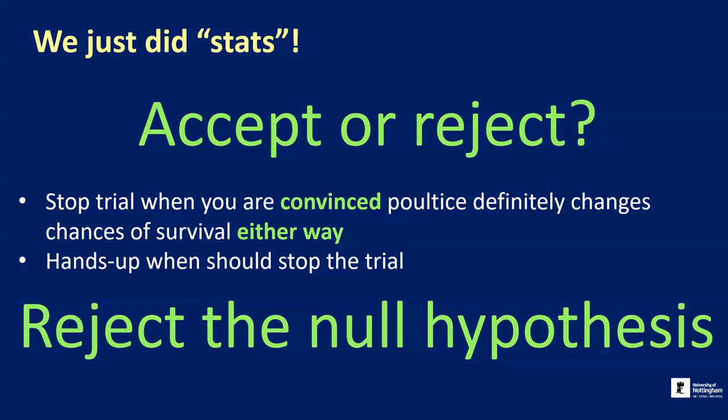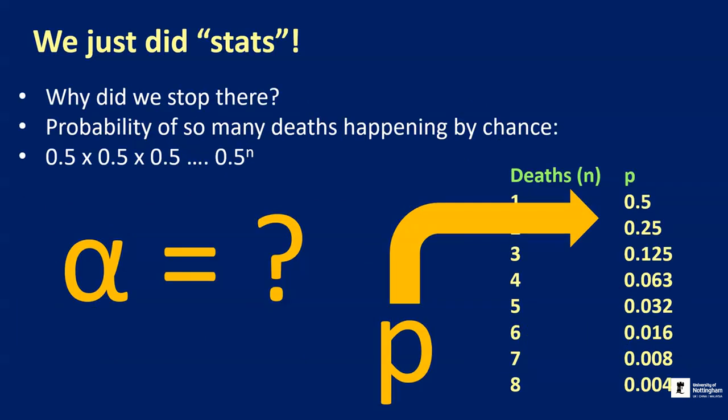So we rejected the null hypothesis and retained the alternative hypothesis. The alternative hypothesis said the poultice has an effect, and it looked a lot like it did. And we reached that conclusion once we got so much data. So, well, why did we stop at that particular point? And I illustrated what was going on by calculating these p-values, these probabilities, the probability that what we were seeing was happening by chance in a world in which 50% of people die of plague. So that was our null hypothesis, that 50% of people will die from the plague regardless of whether they're treated